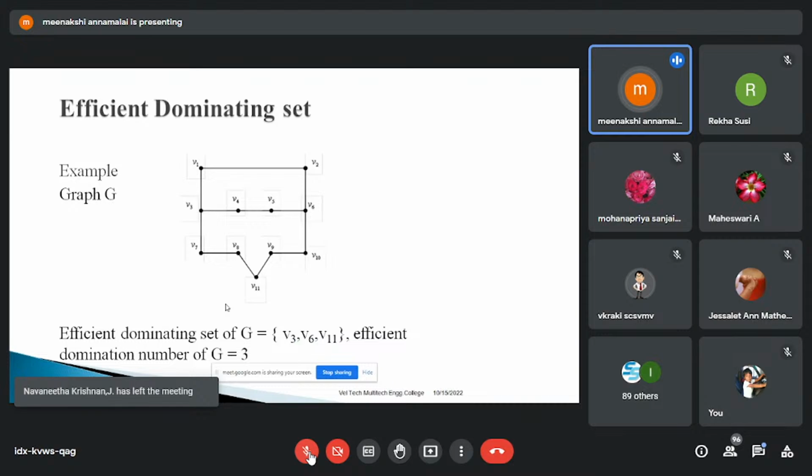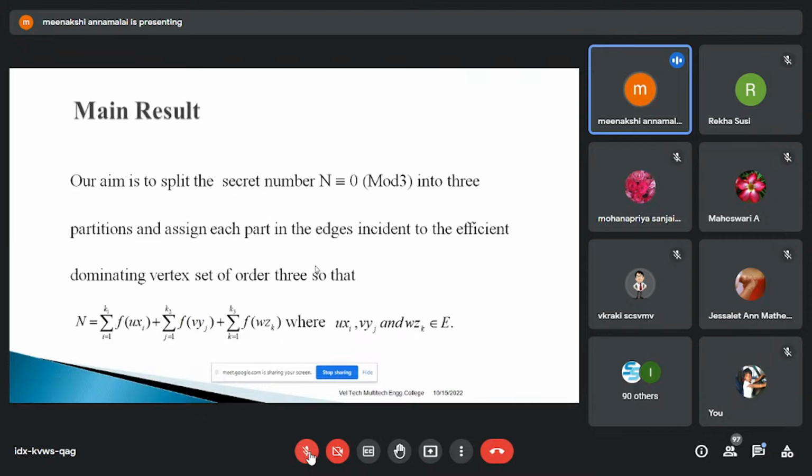Now, as I said, we have to find one secret number. That is our wish. We may take n as a secret number, which is not equal to 0, and should be positive. We can take any number, but for the first case I'm taking n congruent to 0 mod 3. We can change the mod also, mod 5, and we can try mod 6, mod 7. So it is very fundamental work.